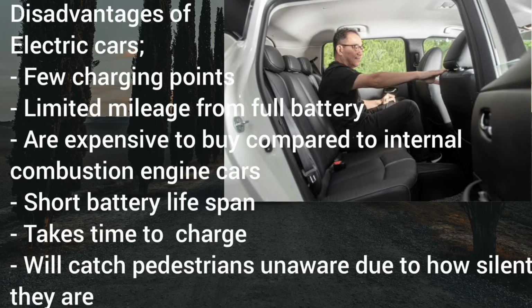Number one is that currently here in Kenya, there are very few charging points. So for one, this makes it quite difficult to use these cars, especially on long journeys. Assuming you want to travel from Nairobi to Nakuru, that driving range of around 140 kilometers may not be enough to get you to your destination, and even if it would have been enough, you would have to stay for some time in Nakuru and wait for the car to charge again